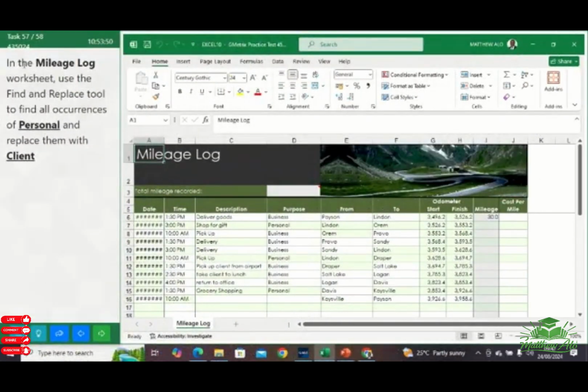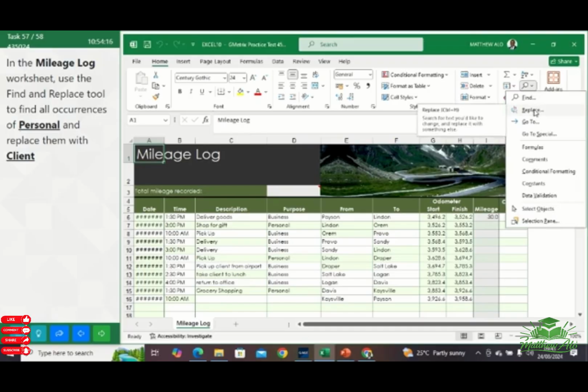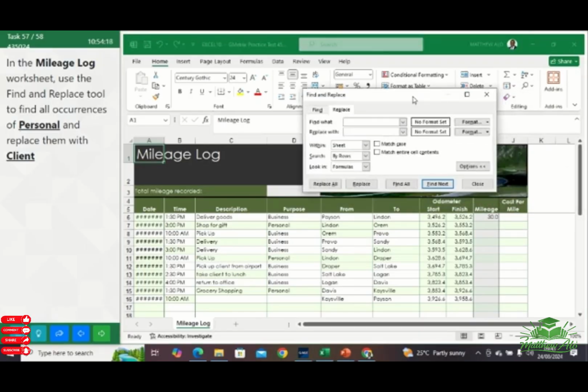Task 57. In the mileage log worksheet, use the find and replace tool to find all occurrences of personnel and replace them with clients. To do this, just go to the Home tab, then in the editing group, you select replace. Okay, so yeah, find what to type